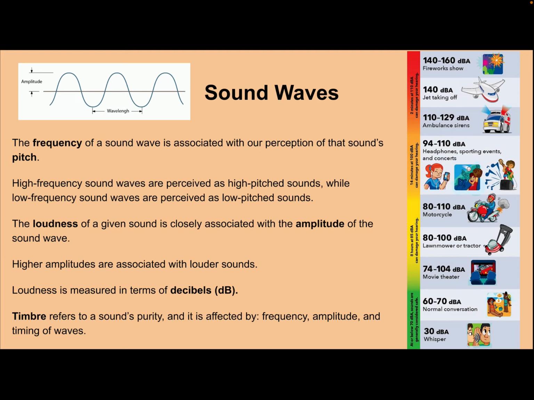Easy to remember. The loudness is the amplitude, how tall those waves are from trough to crest. The amplitude is how loud we hear it, how loud something is, and we can measure loudness in decibels. There's an example on the right side of different decibel measurements of different sounds. For example, a whisper is 30 decibels. A lawnmower would be 80 to 100, all the way up to a jet or a fireworks show at 140